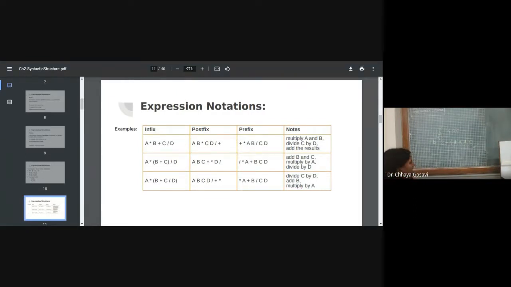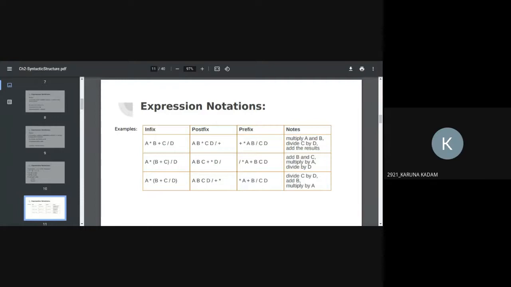Which operator has the highest priority, star or raised to? Raised to. Correct.